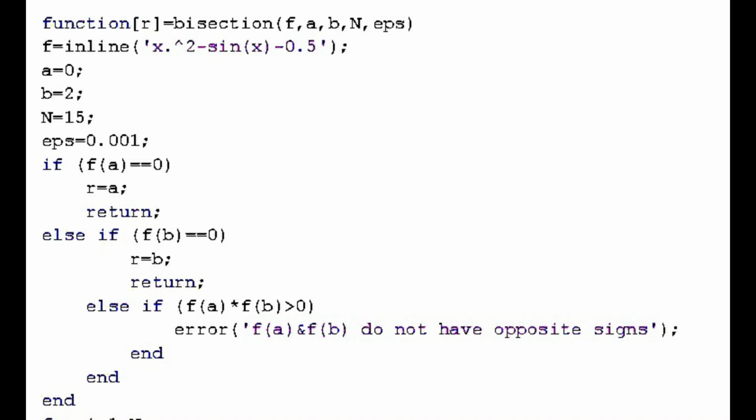So else if f of a into f of b is greater than 0, then it means display the error that f of a and f of b do not have opposite signs, or whatever you write here, method failed. You cannot apply the bisection method here, so you can write anything between these single inverted commas, in fprintf or error, end. Okay, the logic here, f of a into f of b is greater than 0, means that either both have positive signs, then it is greater than 0,